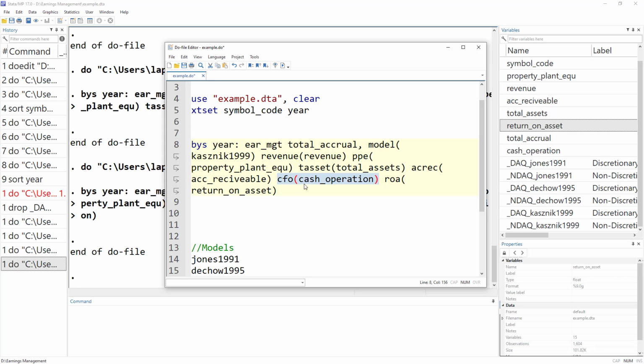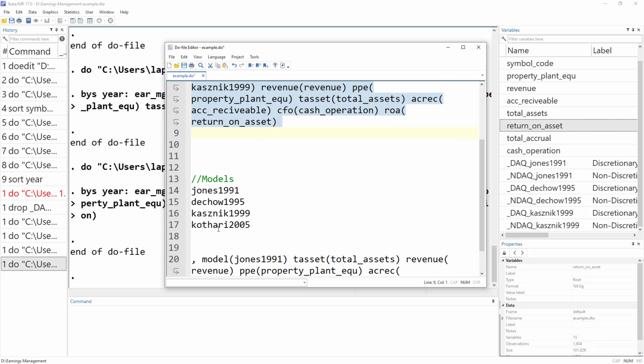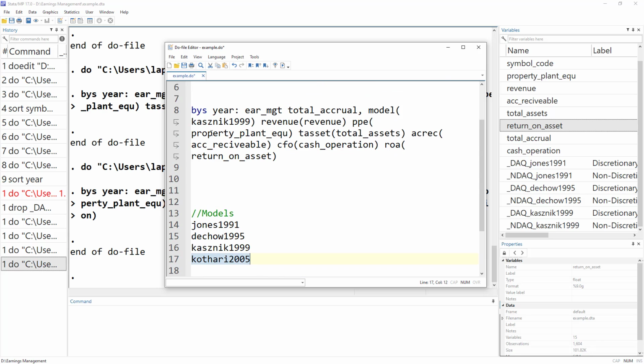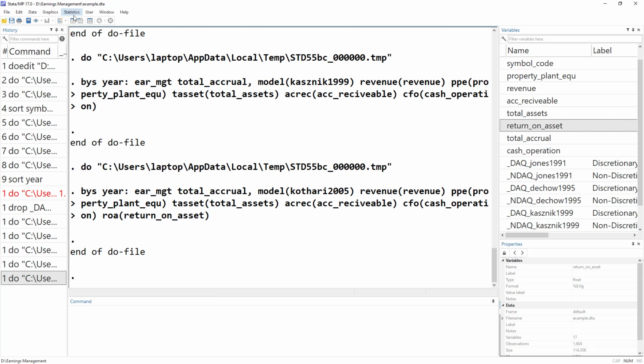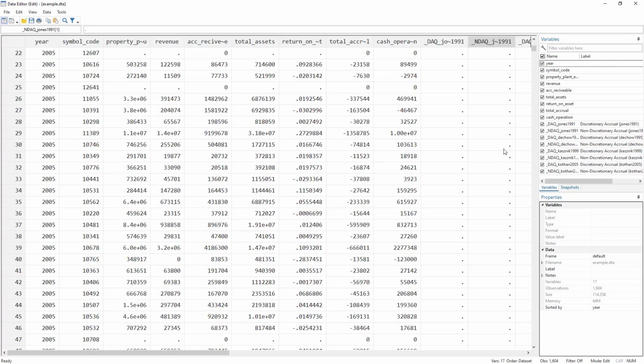But that doesn't matter, because this program would not take CFO into account, even if you have specified that in the command. So let's change that to Kothari, and if we execute that,